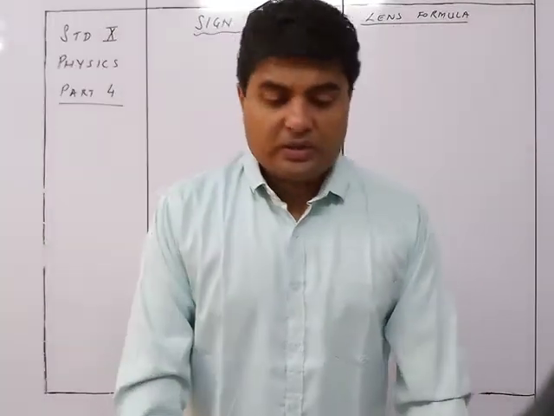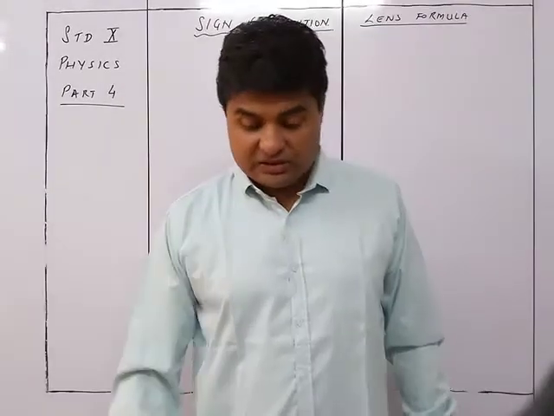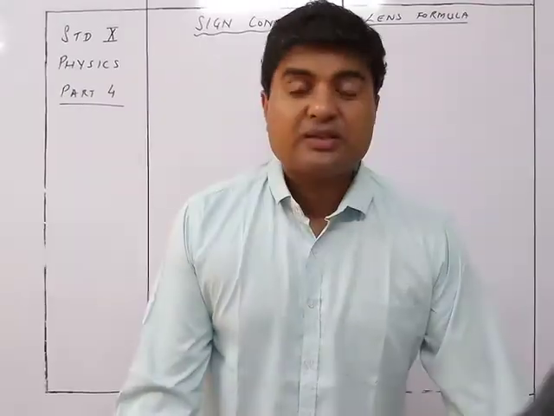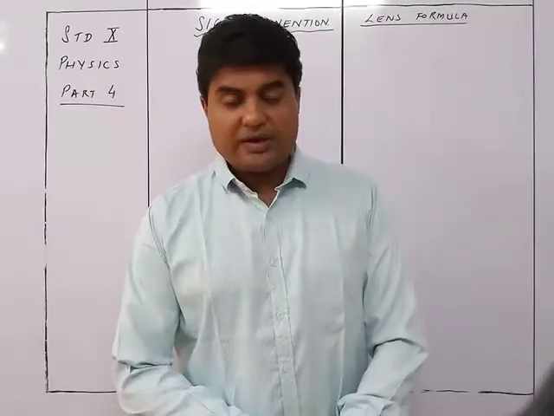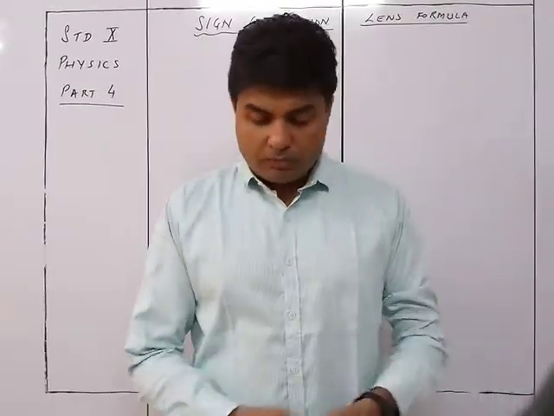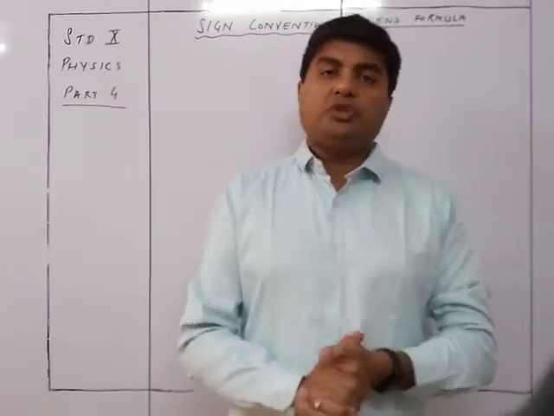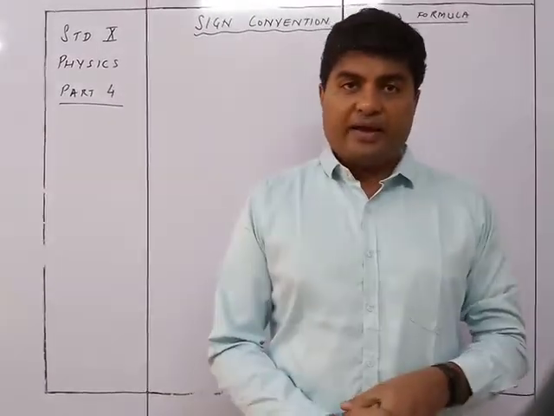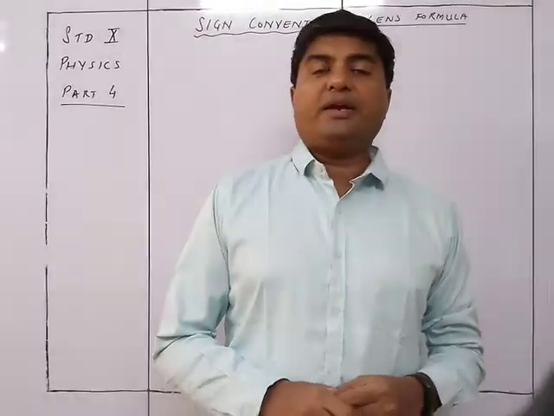So we continue with our refraction through lenses. We are starting with the third part of the chapter, that is sign convention and lens formula. This part of the chapter helps you to identify that if you place a particular object in front of